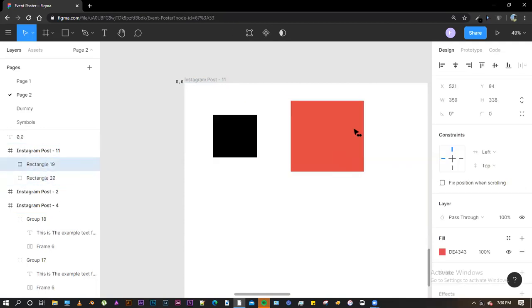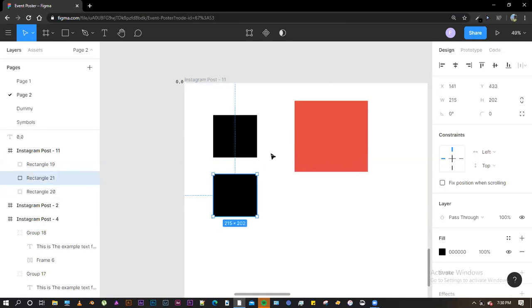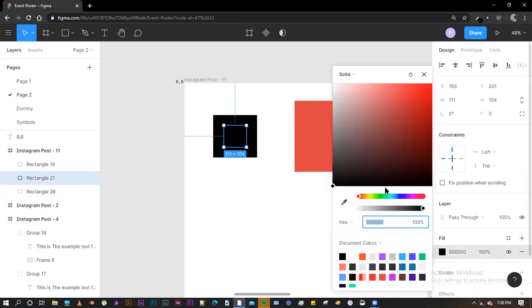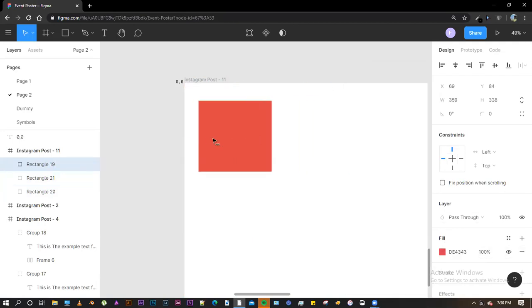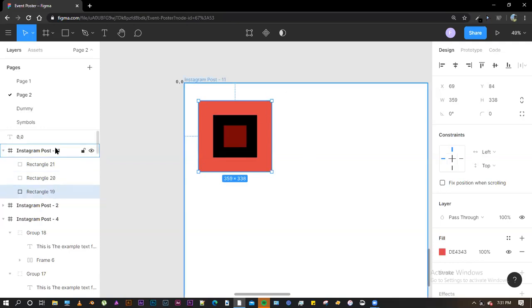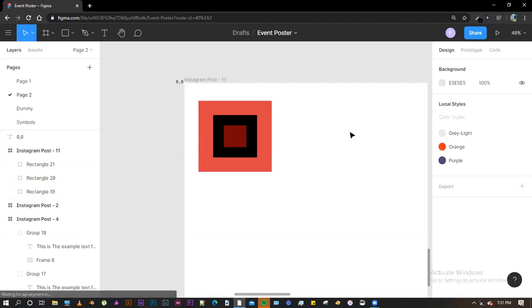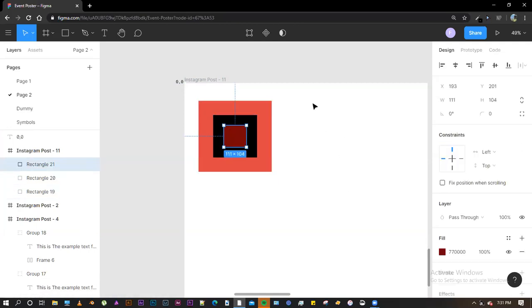And one of the other things is that if we have multiple shapes or layers, so let me change the color of this to distinguish. And we have this. So currently this is on the top, and these two rectangles are below this. So if I want to move this rectangle below all the layers, I would click on Control or Command and the Shift key, and then click on the left bracket key. So it will move below or to the bottom. All right. So this is a quick tip.